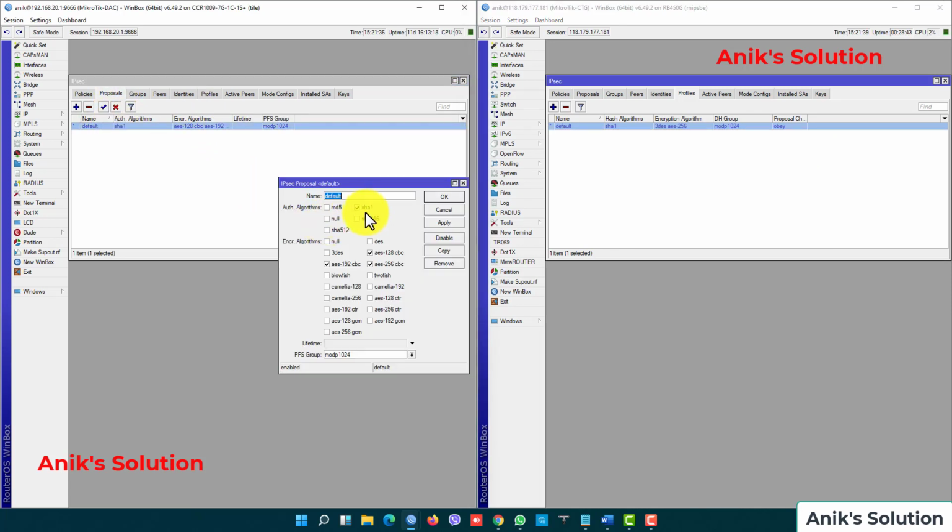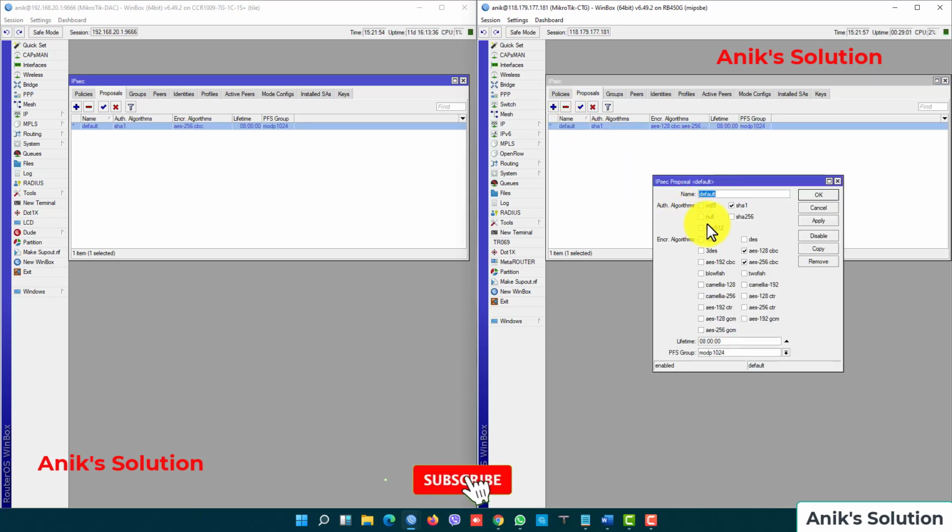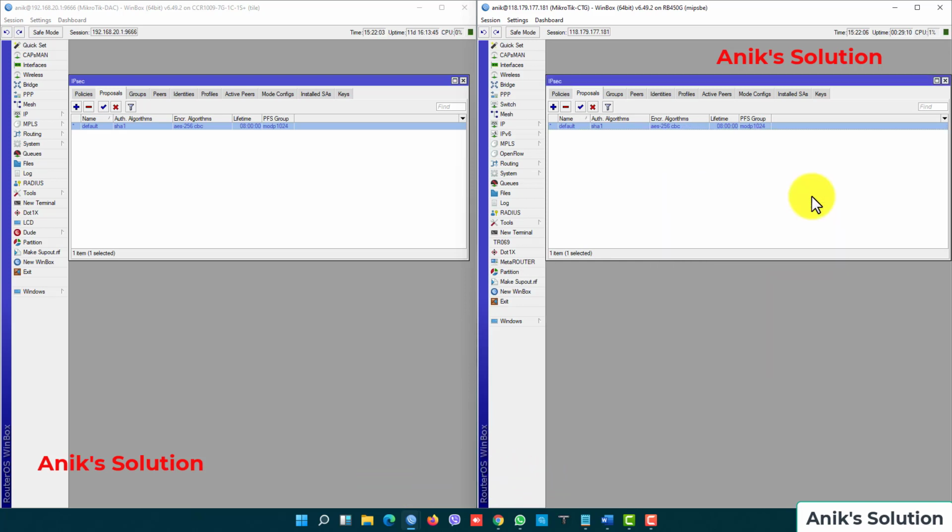Here is SHA, uncheck this and only check AES256, and lifetime is 8 hours, then apply. Okay, again we configure the Chittagong router proposal, then double click the default, SHA256 and lifetime is 8 hours and all other defaults are okay, then apply. Okay, our profile and proposal configuration is done.